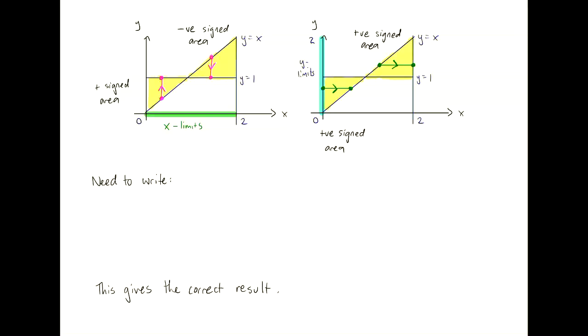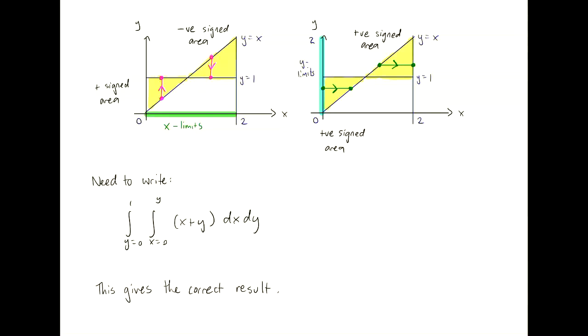Signed area was very simple in one dimension. You go right or you go left. You have to be a little bit more careful about signed area when you start swapping around the regions of integration. What we should have written was the integral from y equals 0 to 1, integral from x equals 0 to y, x plus y dx dy,